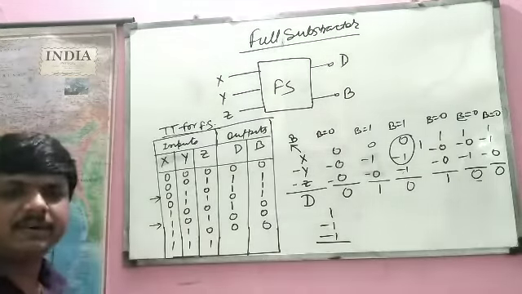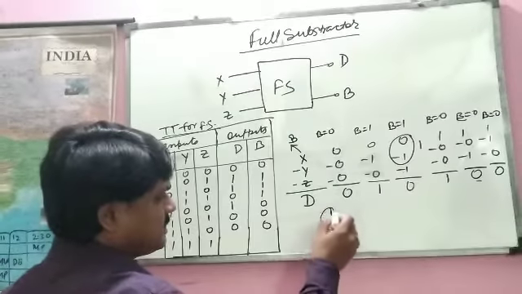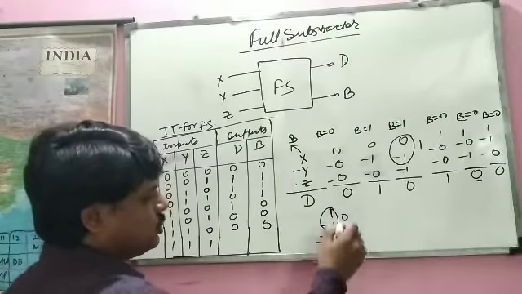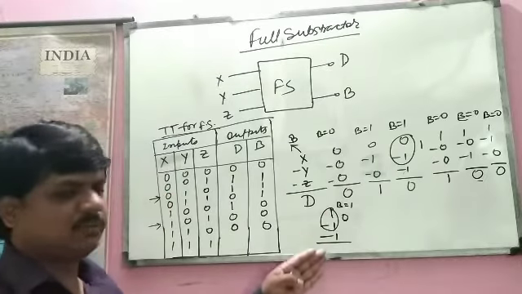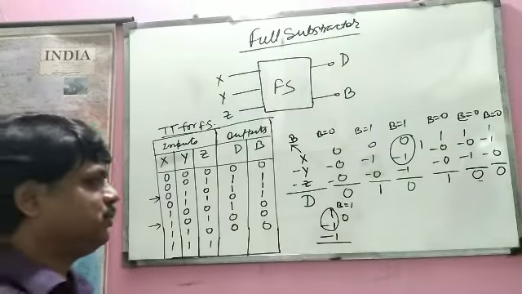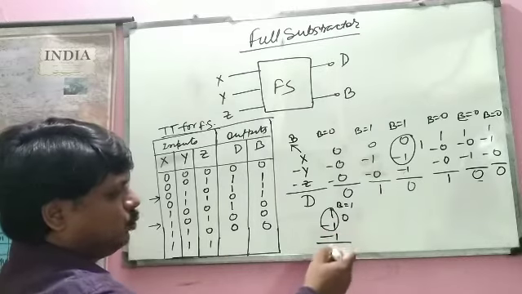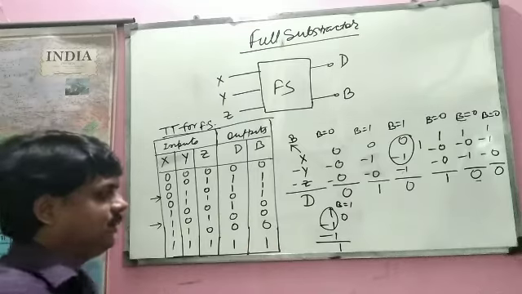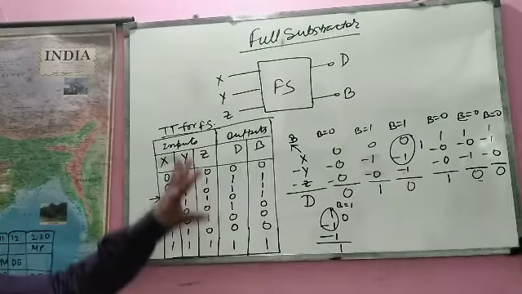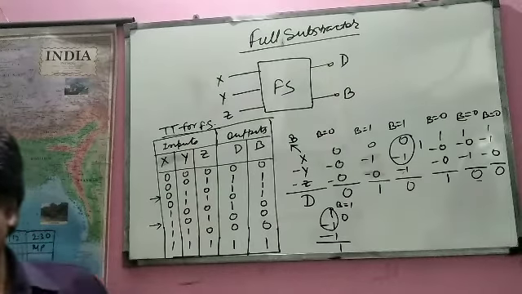Here it is again interesting. 1 minus 1 is 0, and 0 minus 1, we need 1 borrow so that we can subtract 1 from the 0. So now we have 2, and 2 minus 1 is 1. So the difference is 1 and the borrow is 1. Okay, so now this table is completed.